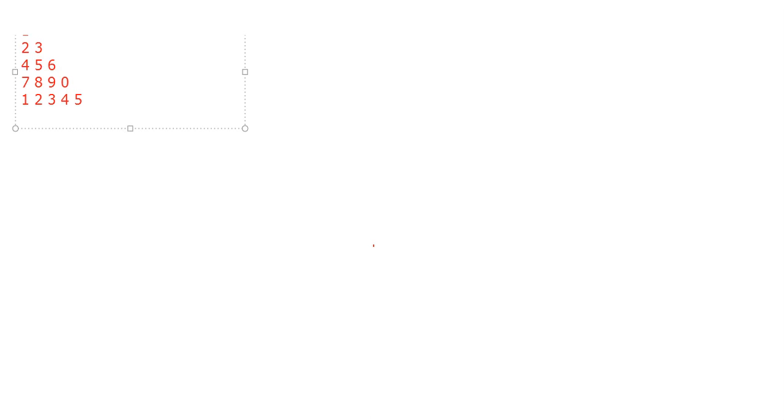So this is the question. We have to print 1, 2, 3, 4, 5, 6, 7, 8, 9, 0. Again 1, 2, 3, 4, 5, and so on. The number of rows and number of columns are undefined. By row I mean these things, and by column I mean this thing. Both of these are user defined. The user has to give the input of how many rows and how many columns there will be. So let's start this problem.